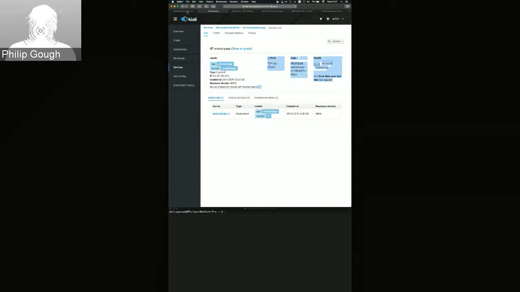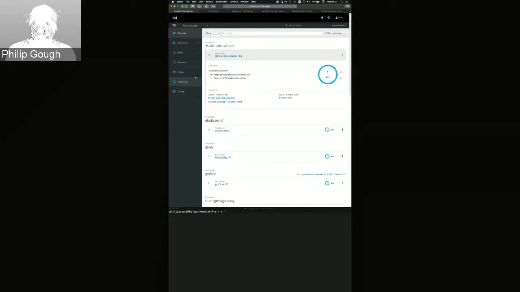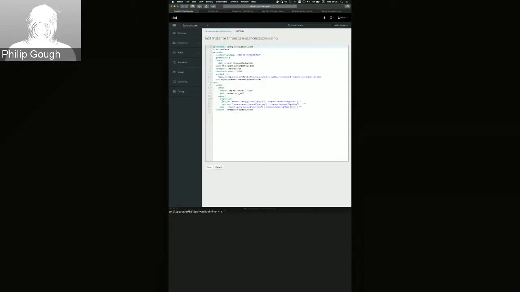I'll jump over to the OpenShift console for a second and just take a look at those resources. We have an instance which exists here, and this defines how we will parse the incoming request into specific properties. We'll have the handler,